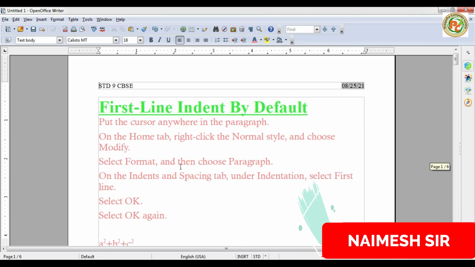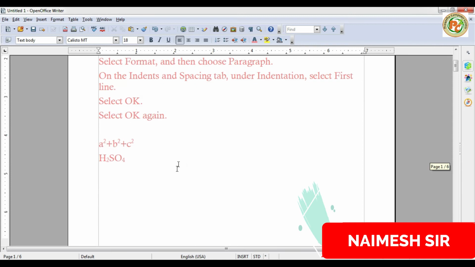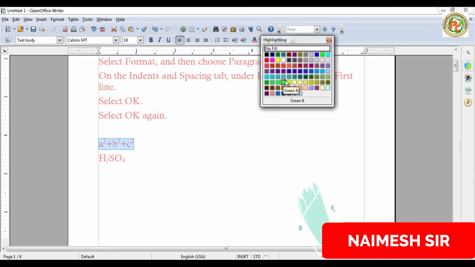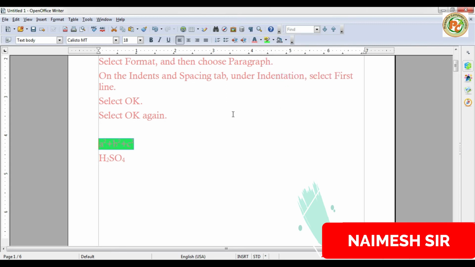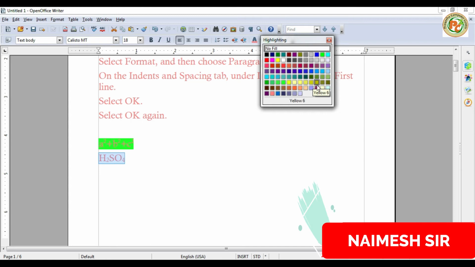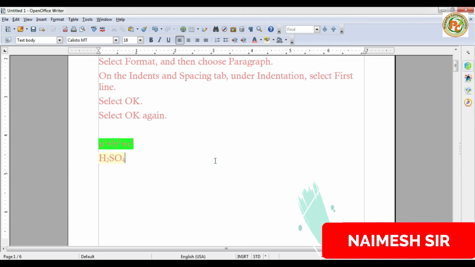This way we can use the change case. Okay, now we want to highlight the text. Suppose we want to highlight this text, so select it. We can highlight the text using this option, highlighting. Select it and apply the highlight text color like this. Again, select it, click here and select the option to highlight this. So this is called highlighting text.